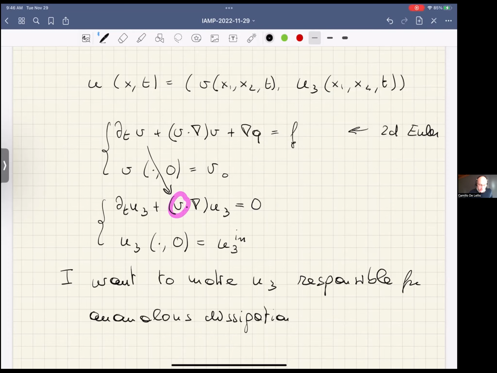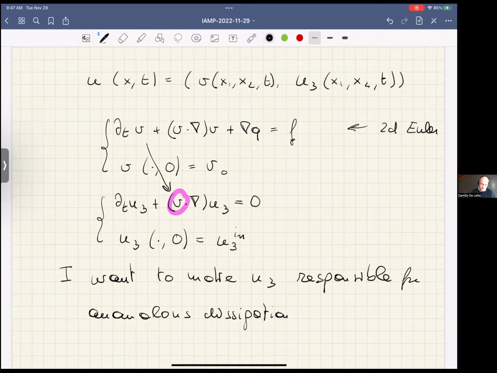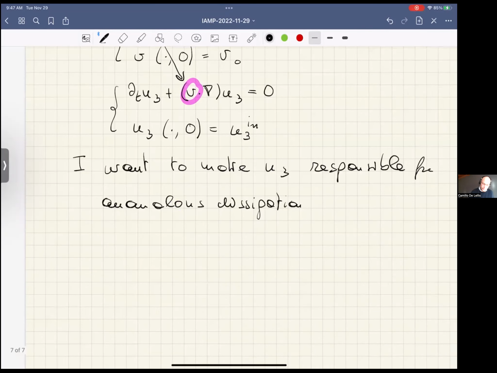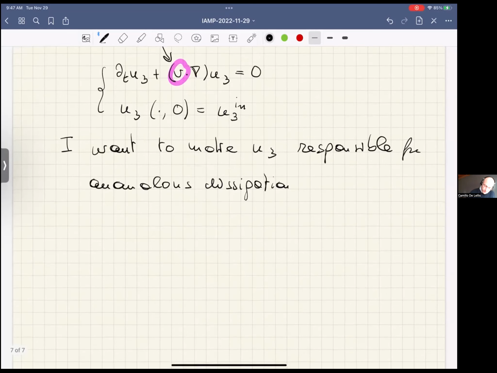So can I make, say, sufficiently irregular solutions of this transport equation under certain assumptions on V, which behave in a certain way? And then I want to find forcing F, which is going to produce the vector field V, which I like, which is producing the U3, which I like. Okay, so I want to make U3 responsible for anomalous dissipation through,